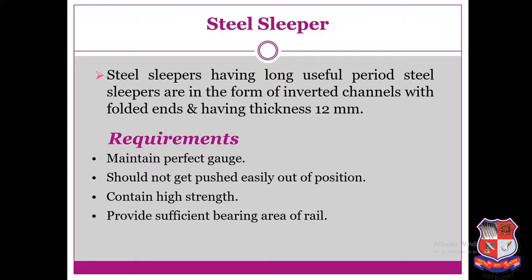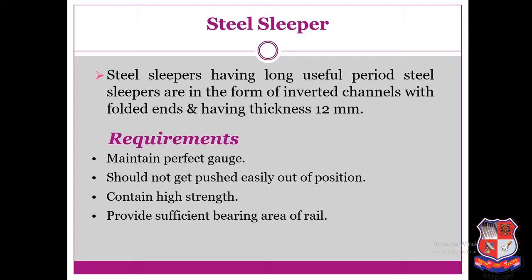About 27% of track on Indian Railway is laid on steel sleepers. The increasing shortage of timber in India and other economical factors are responsible for the use of steel sleepers in India. Steel sleepers essentially consist of rolled steel plate of about 12 mm thickness pressed into a suitable shape and the rail seat canted in 1 in 20.